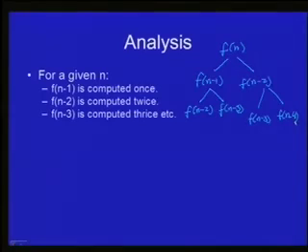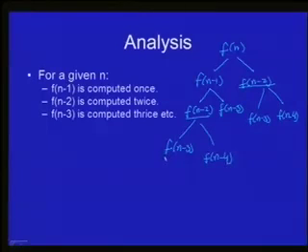So you see that f of n minus 2 is being called twice, and f of n minus 3 will actually get called 3 times, because f of n minus 2 will again call f of n minus 3. So f of n minus 3 is called once here, and once here. And if you look at f of n minus 4, that will actually be called 5 times,